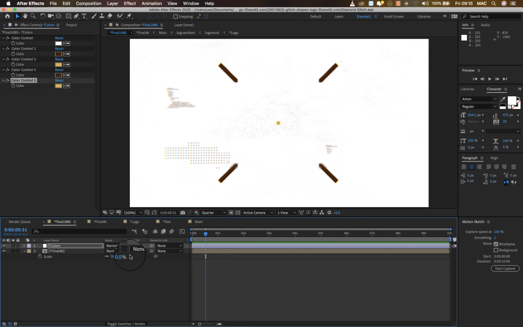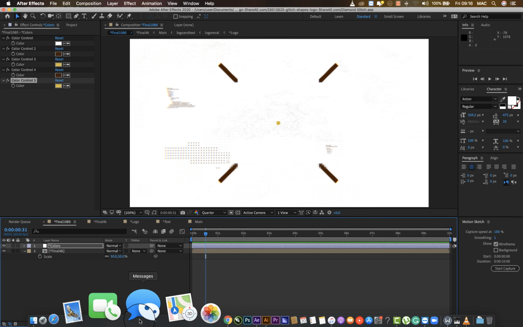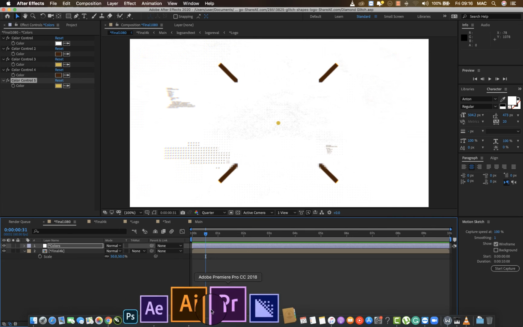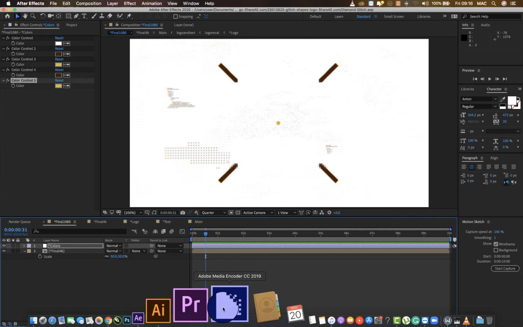Then I save it. I will be showing you how to render. We will render everything at the same time. Remember, we are rendering final 1080, or let's render inside of After Effects. Now, the thing about rendering is After Effects created another app for the purpose of rendering, so you don't stress their software. So you can use this app, Media Encoder, to render anything that has to do with After Effects. So if you are making a video in Premiere Pro, you are using After Effects, Photoshop, Illustrator, Adobe Dimension, any Adobe product, Media Encoder is what is used to render everything. For the sake of this class, let us stay inside After Effects, but I'll still show you